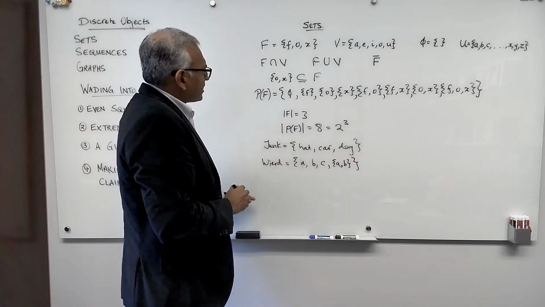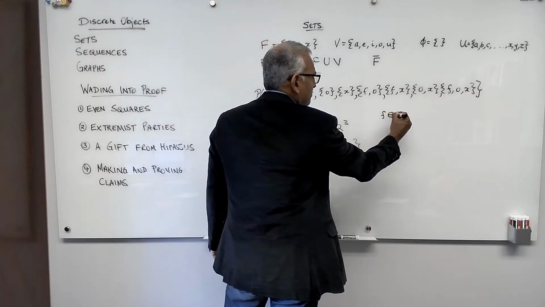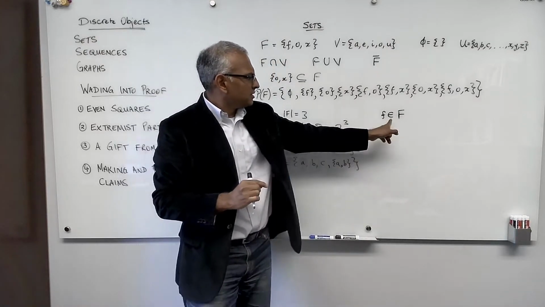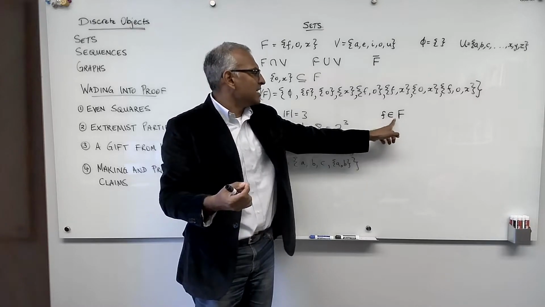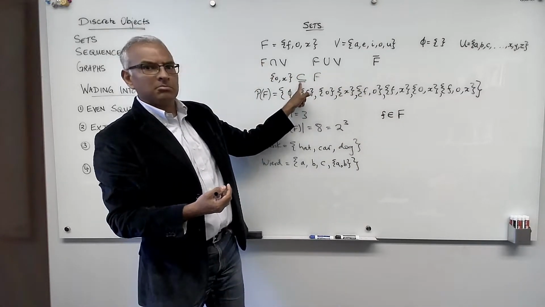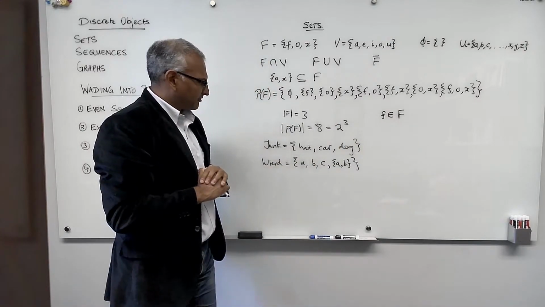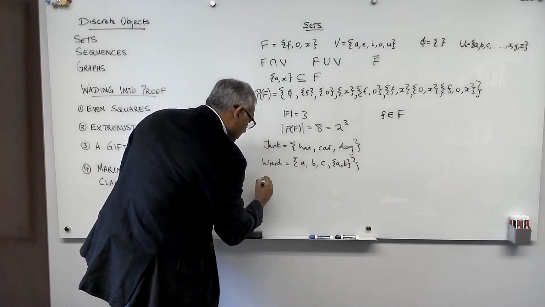So we say that little f is a member of the set F. This weird E symbol should be read as "is a member of." This symbol is "is a subset of." So f is a member of big F. So let's consider the subset